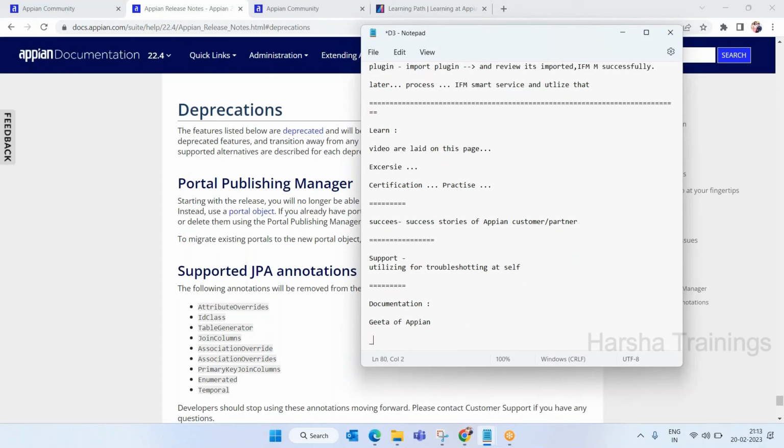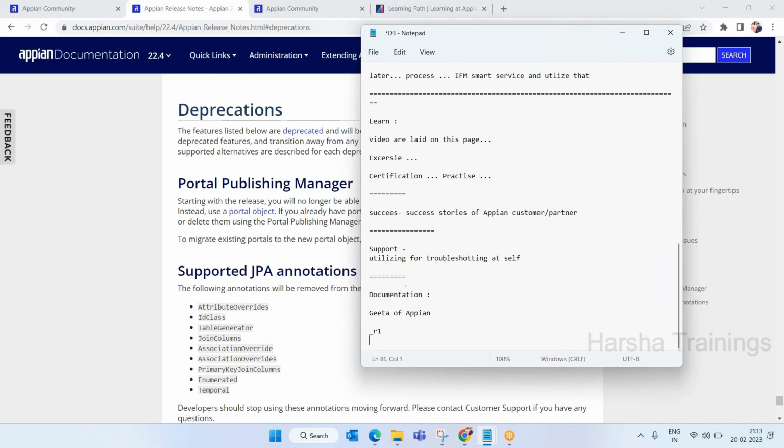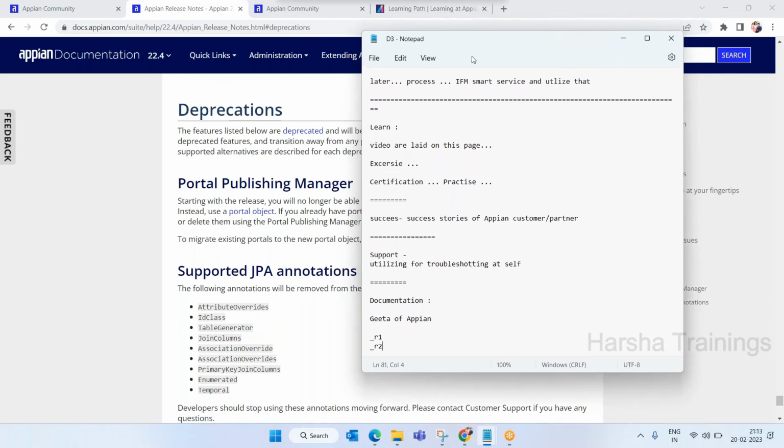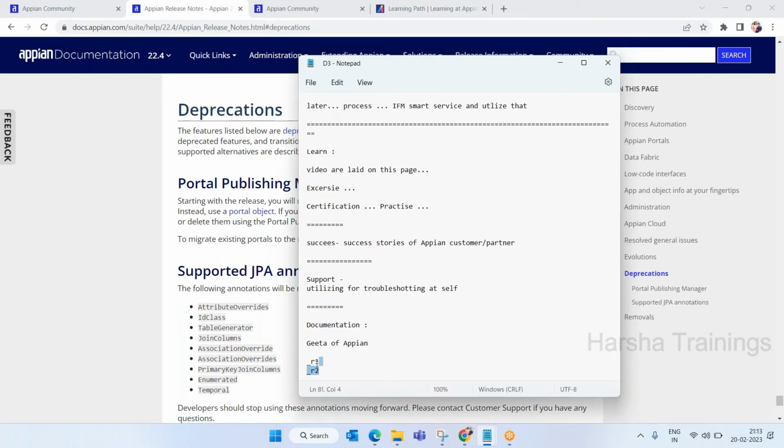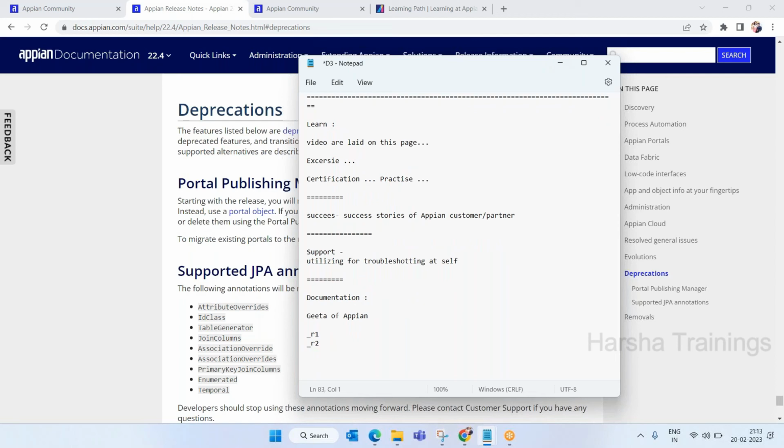underscore r1 or underscore r2. Good question, by the way. It will still be there, and whenever something is deprecated, it will automatically be renamed as underscore r1 or r2. So, for example,